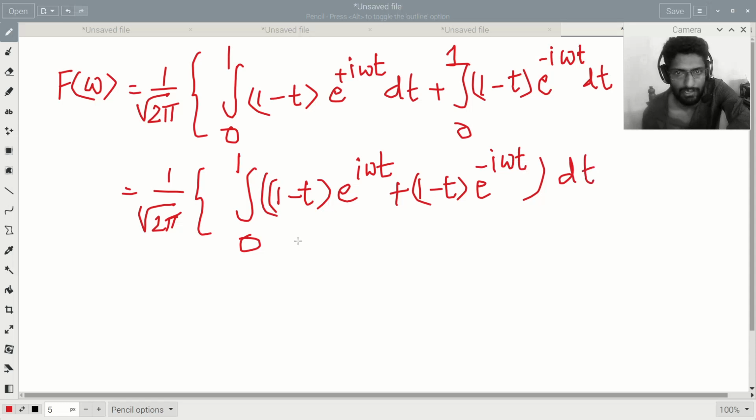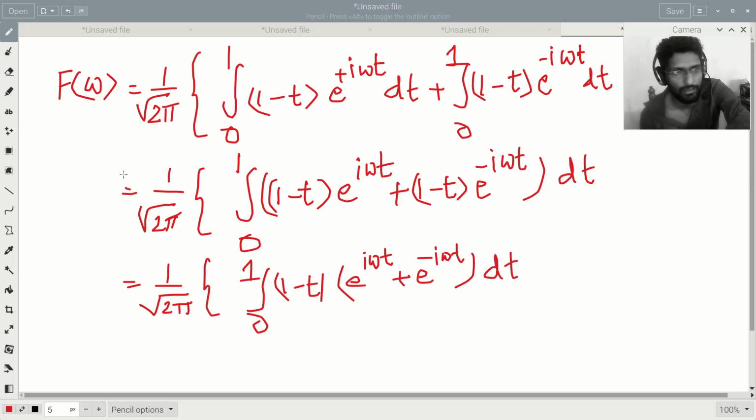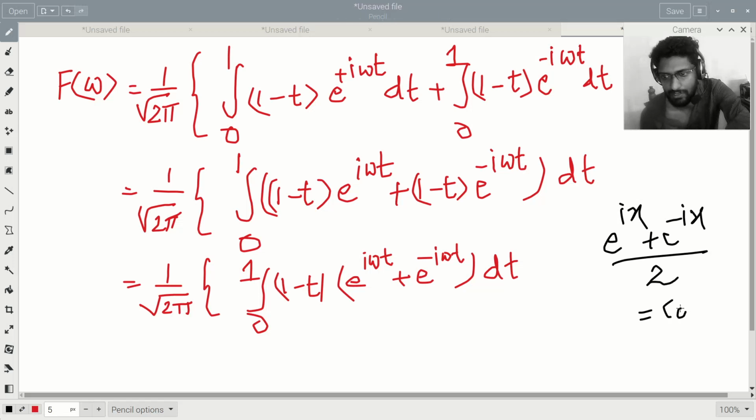So in both these quantities we have a 1 minus t, we can take it outside. 0 to 1, 1 minus t, and what's remaining, we have e raised to i omega t plus e raised to minus i omega t, into dt. Now we know e raised to ix plus e raised to minus ix divided by 2